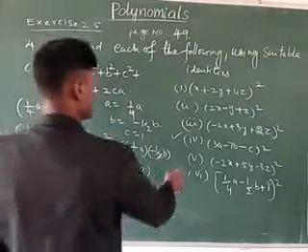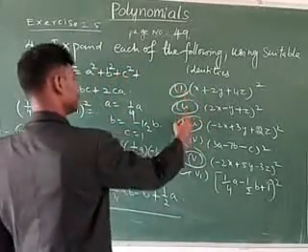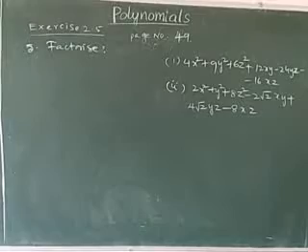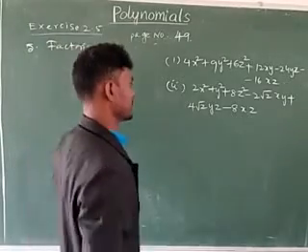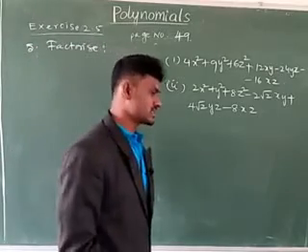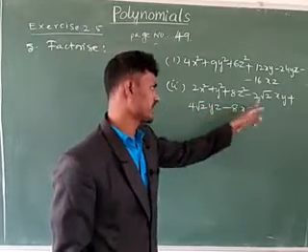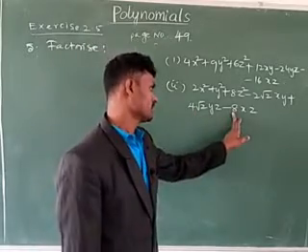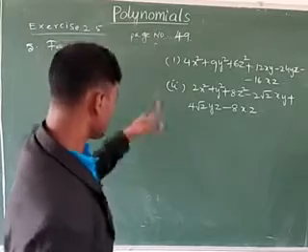Remaining, actually I explained these two and you have to try the rest at home. Same formula, 4 problems. Next problem, fifth one, factorize. First one 4x square plus 9y square plus 6z square plus 12xy minus 24yz minus 6xz. And second one 2x square plus y square plus 8z square minus 2 root 2 xy plus 4 root 2 yz minus 8xz. Here two problems are given. And both I will explain.